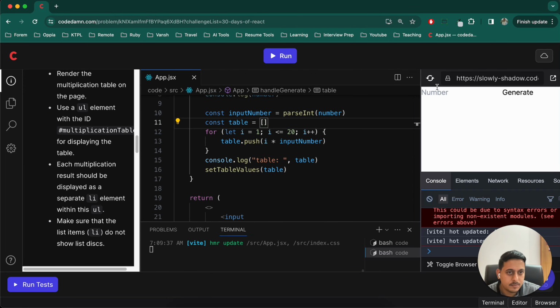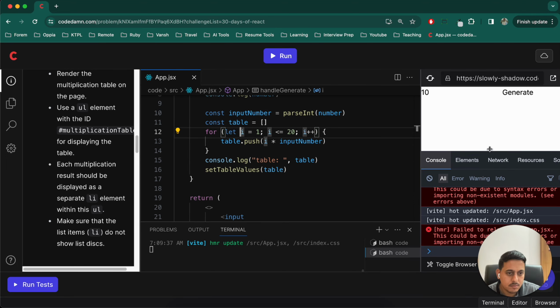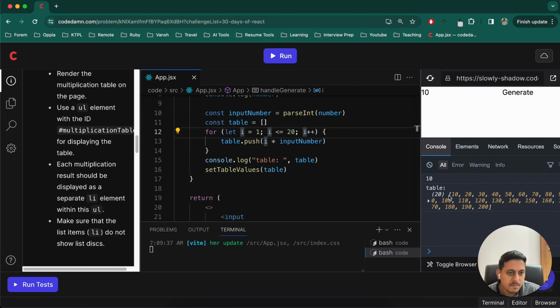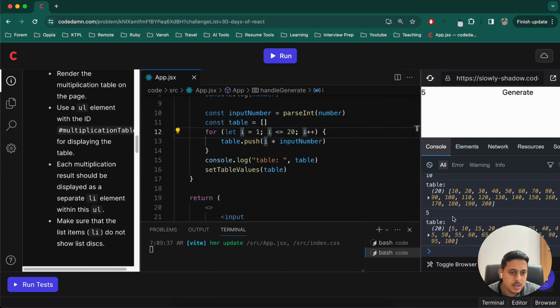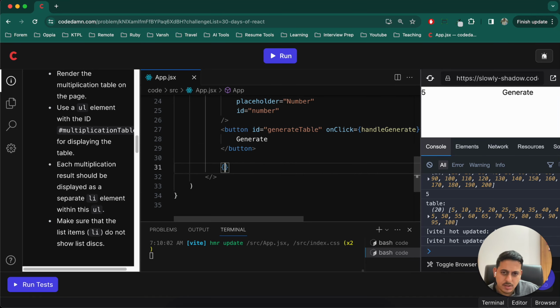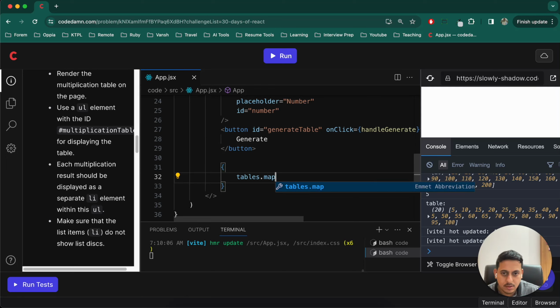And let's see, 10. What happened? Okay, sorry, clear, generate, and we can see the entire table. Let me make it 5, generate, and we can see the table. Great. So let's start. Now what I will do is I simply map this, actually tables dot map, actually not tables,